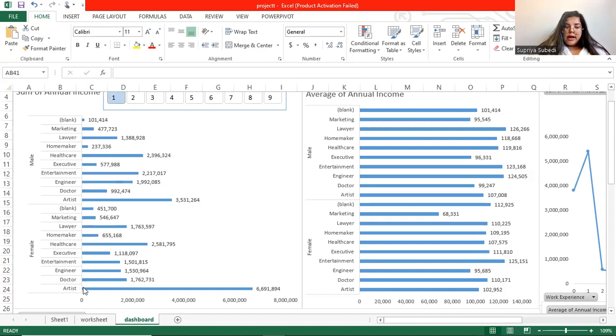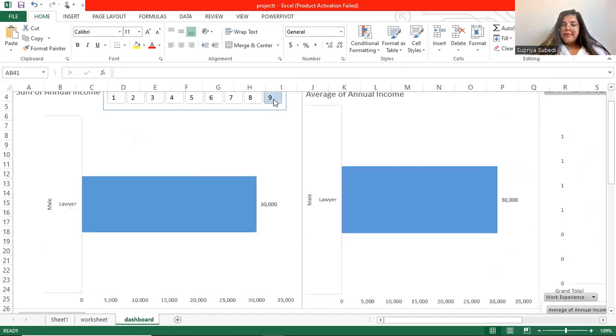and similarly, in the female as well, the higher income is with the artist. We'll just leave the blank, and the lower income is by the marketing. Similarly, while we go to the family size 9, here we can see